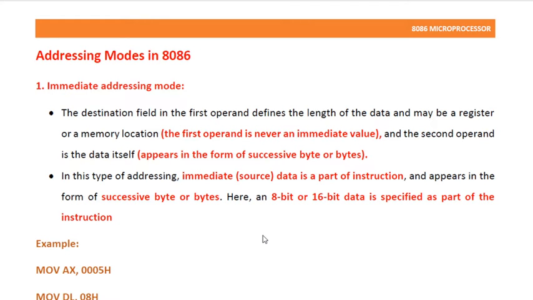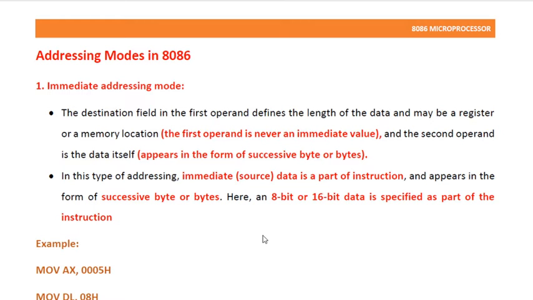Now, let us try to understand the addressing modes that are there in 8086. To begin with, the first addressing mode that you have is called immediate addressing mode. In immediate addressing mode, the destination field is the first operand and defines the length of the data